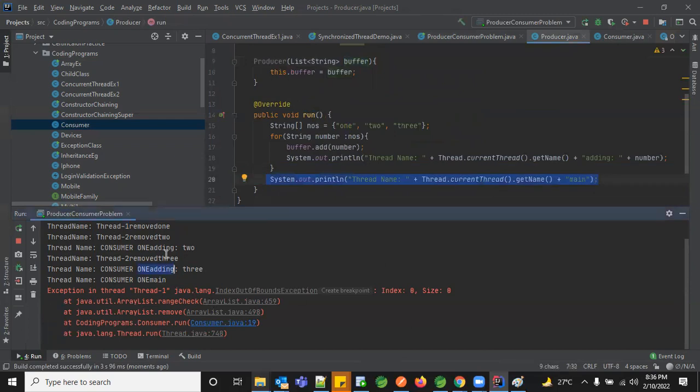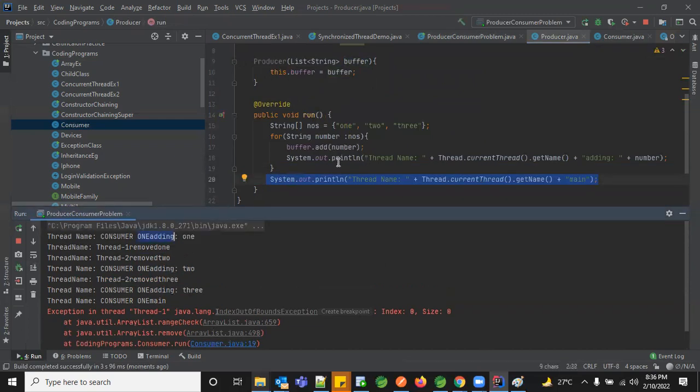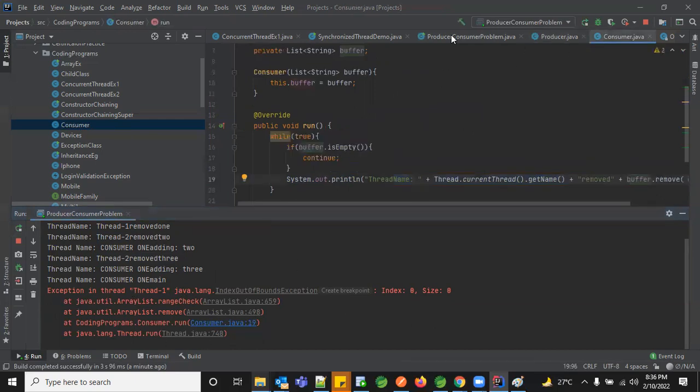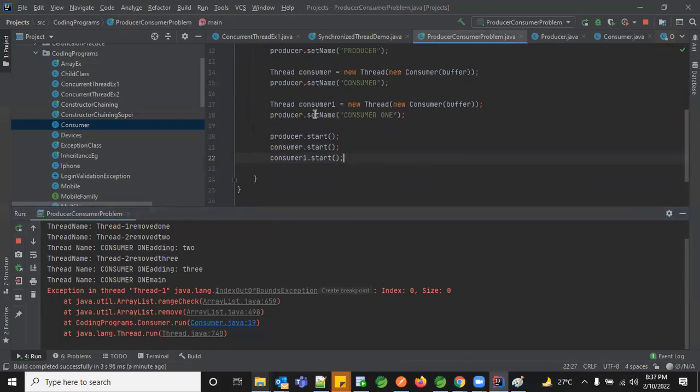So what happened? This adding happened twice. So twice the 3 numbers got added. By the time you kick-started the first thread and the second thread, you see thread 1 removed the 1 and the second thread removed the 2. So by the time it came, you had only one thing left to be removed by your second thread. But we created 3 consumers in our case, right? The other thread also should go and remove one more element, but the data was not sufficient. We had only 3 elements in our producer bucket. So we got an exception called ArrayIndexOutOfBoundsException with which thread? Thread 1. Got it? Okay.